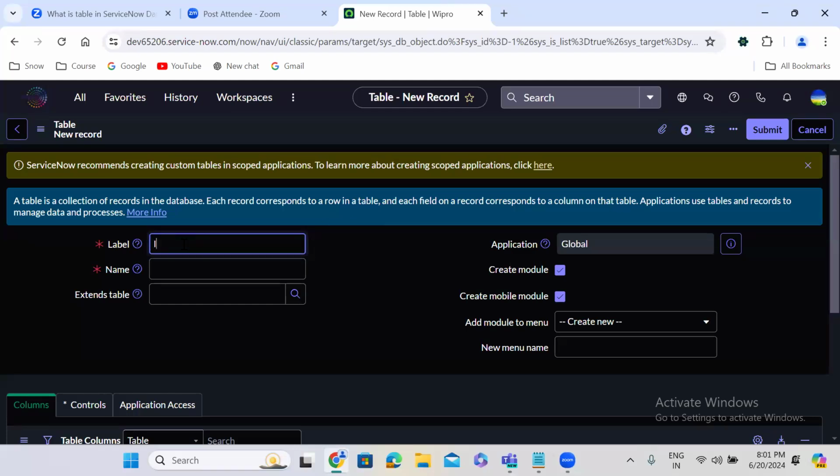I am creating a table called incident table, which is already there, but I am creating a new one. As soon as I provide a label here, name gets automatically populated. If you remember,